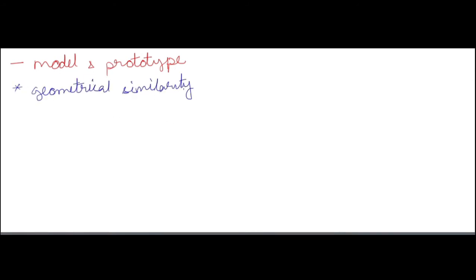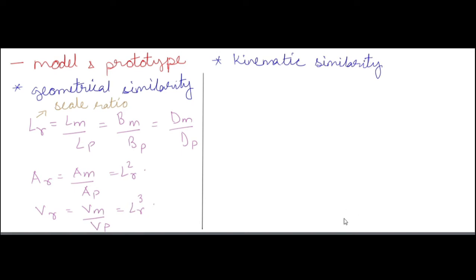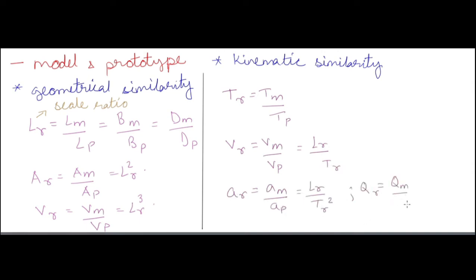So, comparison between model and prototype. If you have a prototype and you have made a model of that, it is used for checking whether the machine we are making is suitable to be used in an environment or not. So we make a model for that machine. One machine is known as the prototype, and to check that prototype we make a model and use that model to check the efficiency of that machine or engine or any product.